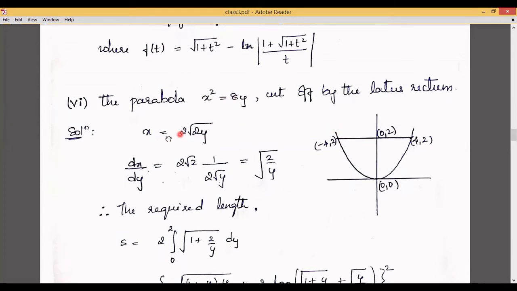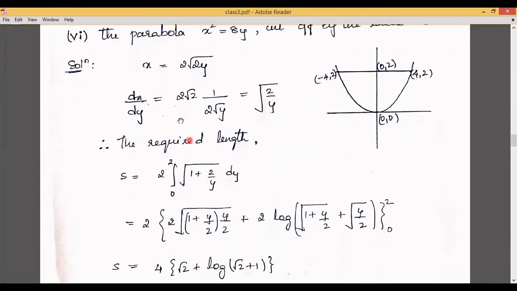Now what I've done is I've differentiated this with respect to y, and I've used the other formula. I have found out what dx by dy is. Till now, I had found out what dy by dx is and taken the limits for x. Now I've differentiated with respect to y, and I've taken the limits for y. You can also do it the other way. You can write y as x squared by a and find what dy by dx is, and substitute that in the formula. There you can use the limits for x.